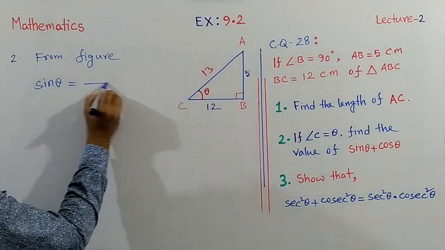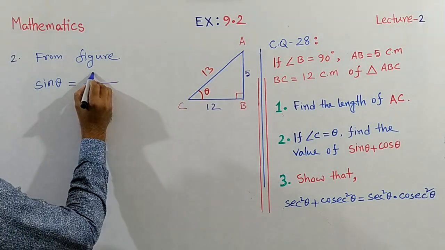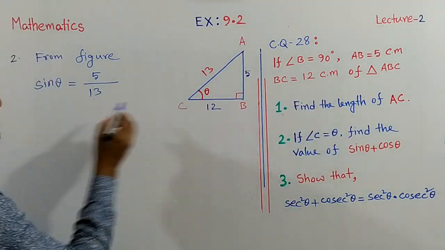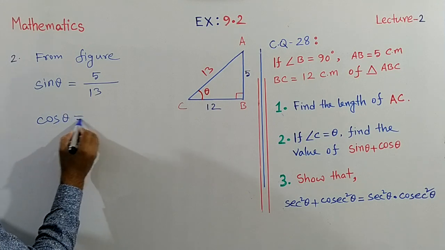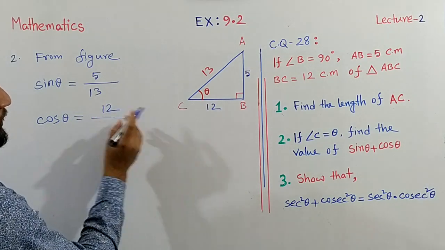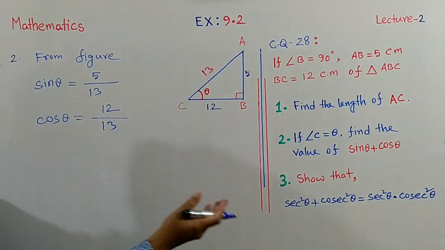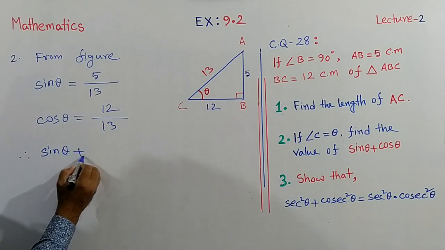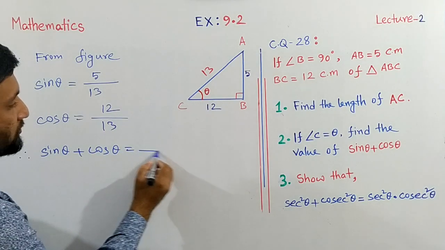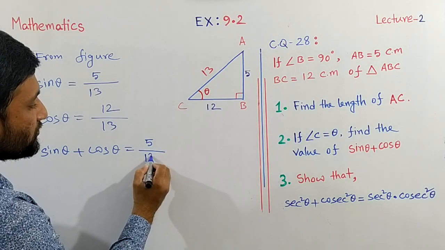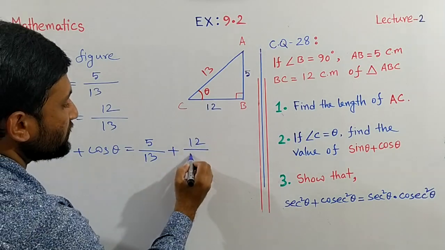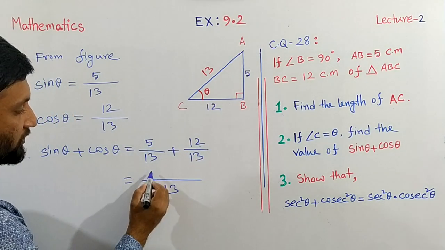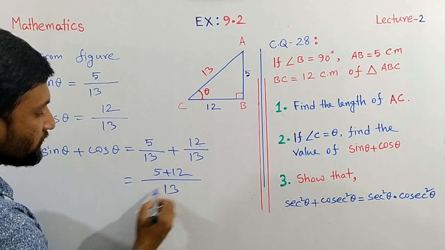Sin theta is opposite by hypotenuse, so opposite is 5 and hypotenuse is 13. And cos theta is base by hypotenuse, here base is 12, hypotenuse 13, so 12 by 13. Now add these two terms. Therefore sin theta plus cos theta equals 5 by 13 plus 12 by 13. Now using LCM, the LCM is 13, 5 plus 12,